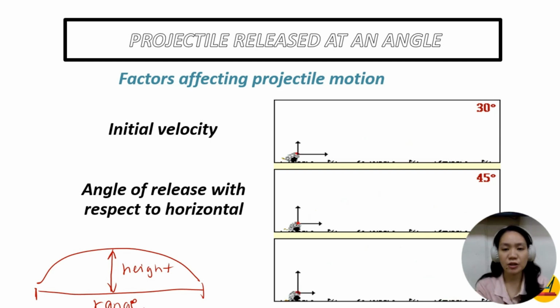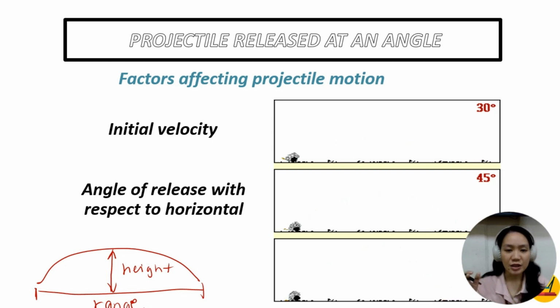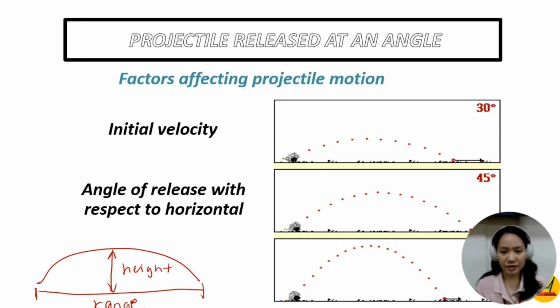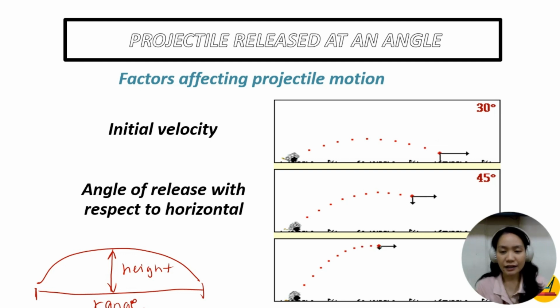So in projectile motion, two displacements are considered, one for the x and one for the y. If we launch a projectile at an angle from 0 to 90 degrees or 89 degrees, angles will create various displacements in the horizontal or various range. Apparently, when you release a projectile at 45 degrees, just as what is shown in the GIF, the projectile will attain its maximum range. But if we release the projectile at angles below or higher than 45 degrees, the range will always be lower than the range produced by the 45 degrees.